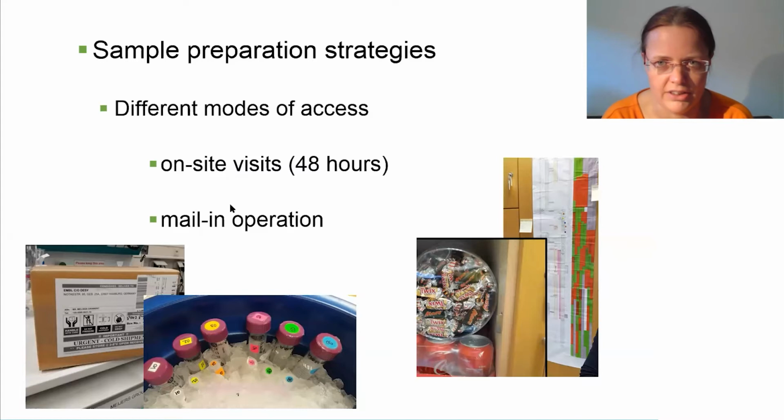The other mode of access, which now because of the current situation will become more and more the normal way to access the beamline, is through mail-in operation. And here you have other problems that you have to consider. You have to make sure your samples come on time. You have to figure out customs, and you also have to make sure that the local contact who will be placing your samples into the sample changer for you will be able to understand what the samples are, what the buffers are, and how they belong together. So this is a very good example of how samples are sent to us, where we have nice color coding to be able to understand what's buffer, what's sample, and how this works.